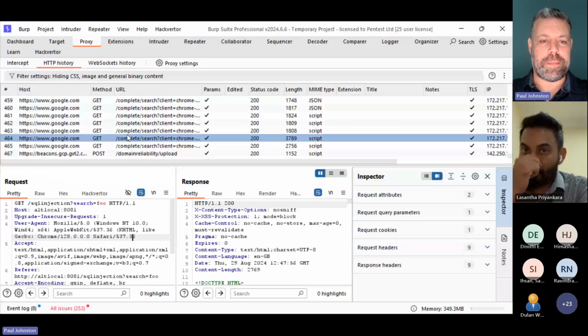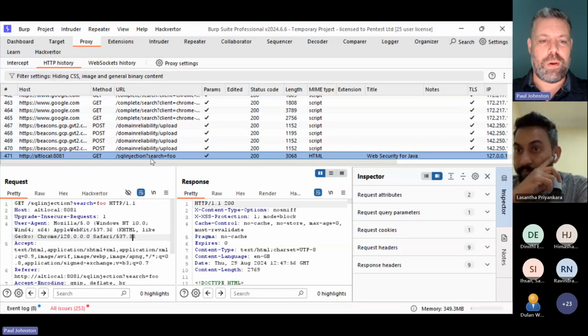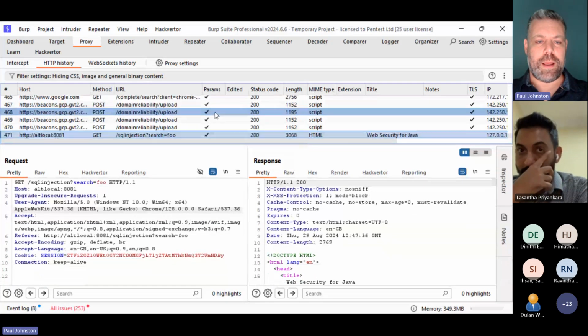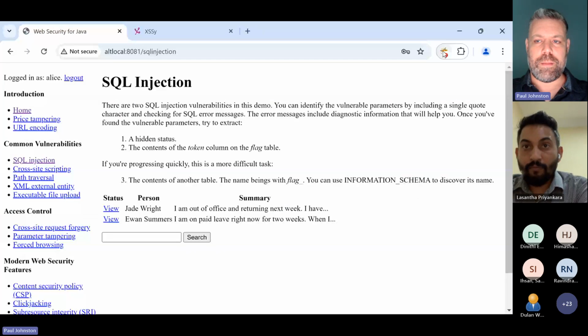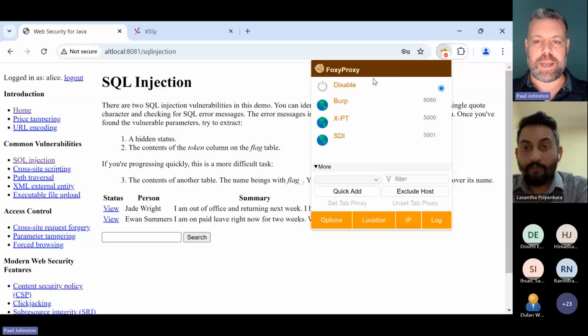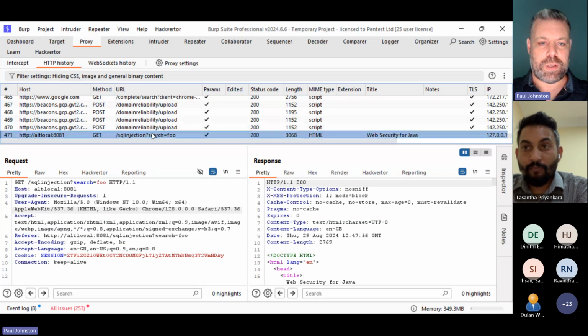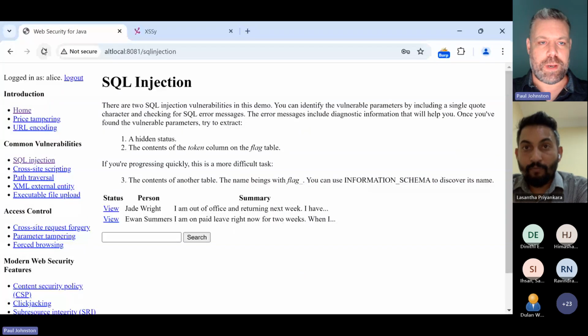So this is the tool, and what it lets us do is look at the raw requests and responses that go across the network. Now, to use this, I need to configure my browser to use the proxy. I'll do that here. Okay, so now when I reload this page, you can see 471 is the last request. So when I reload this,